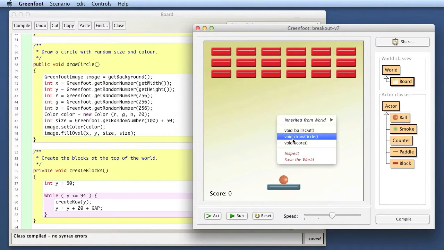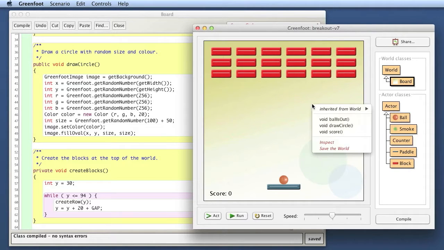Try that again. See, a draw circle, and there is one. I do that again. There's another one, and there's another one, and there's another one. And see, they are all fairly faint because I have a fairly high transparency set. And we can experiment with that in a minute. But we can see now